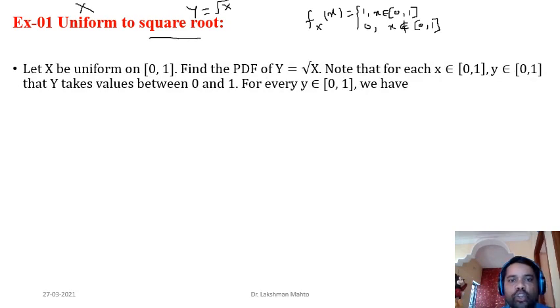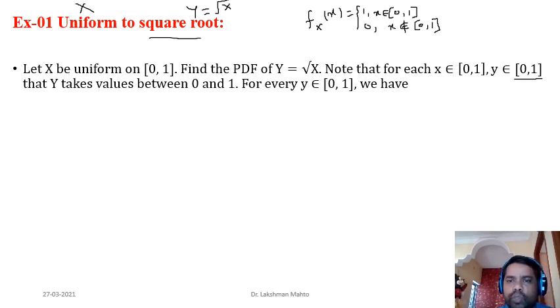So here, let x be uniformly distributed over the interval 0 1. Then we have to find the PDF of the square root of x. One thing you have to know: once you have a function of a random variable, first find what possible values that function can take, that is, what the range is. If you take any x from the interval 0 1, then its square root is again in the interval 0 1. That means we have to find the distribution of y only over 0 1. Outside 0 1 the distribution of y would be 0, because the distribution of x is 0, so we don't have to bother about values outside. So we have to find the distribution of the square root over the interval 0 1 only.